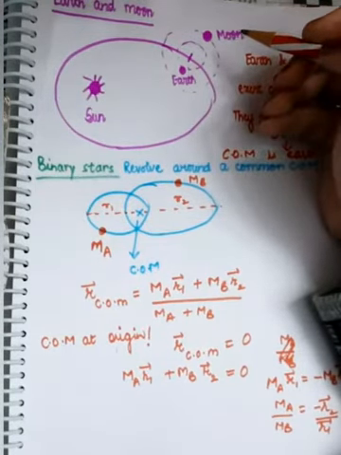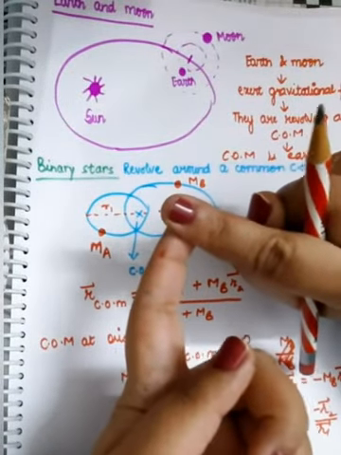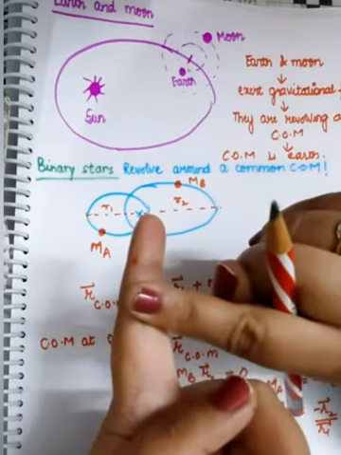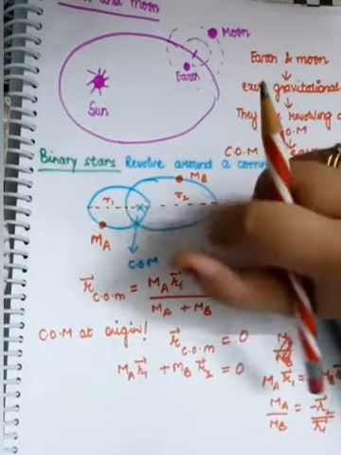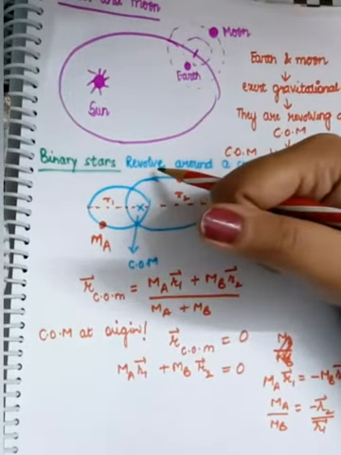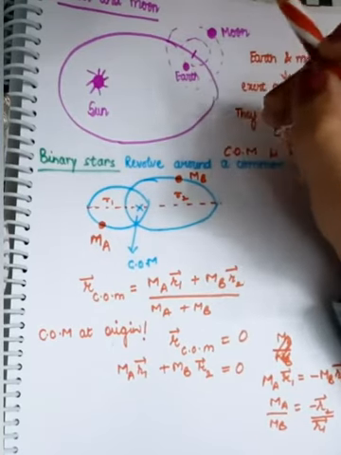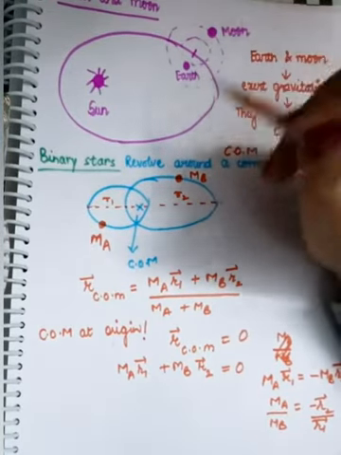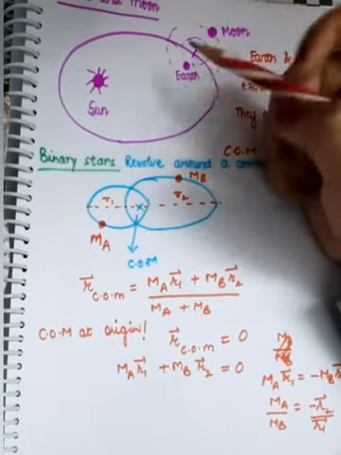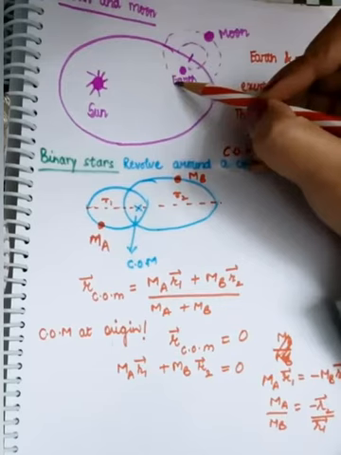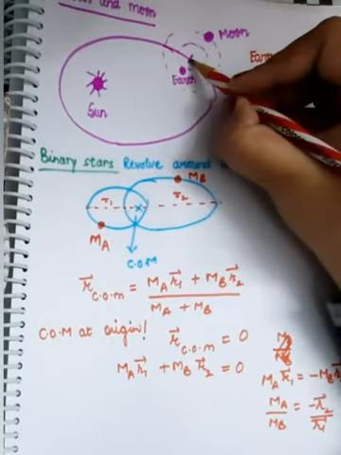So the forces existing in this system are internal forces and there is no external force acting on this system, right? So if external force is not acting on the system, then the motion of center of mass remains constant. And suppose Earth and Moon are not falling on each other because they are revolving around their common center of mass. Like Earth and Moon is a system and they have a center of mass indeed. Suppose this is the center of mass.